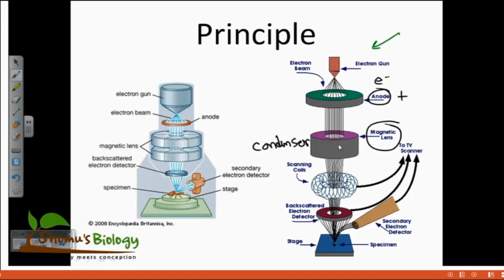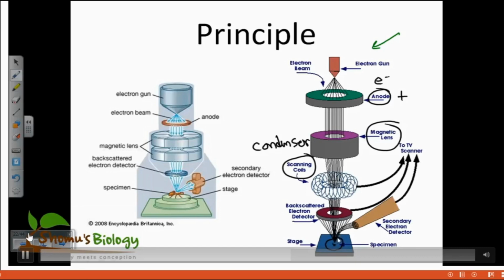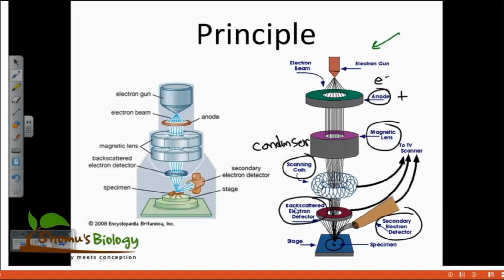So they are condensing. And this is also a scanning coil, for scanning into the TV or whatever. This is not very important. But once the condensation is done and the beam is placed on the specific area of the specimen, some amount of electrons are scattered, which are detected by the secondary electron detector. Some amount of electrons are scattered, which are detected by the backscatter detector. Two types of detectors, secondary and backscattered, that I already discussed with you. So there are different electron detectors: backscatter detectors and secondary electron detectors. These are the two major types of electron detectors.